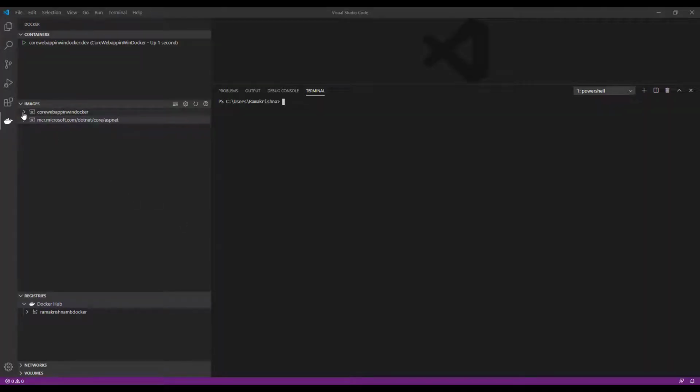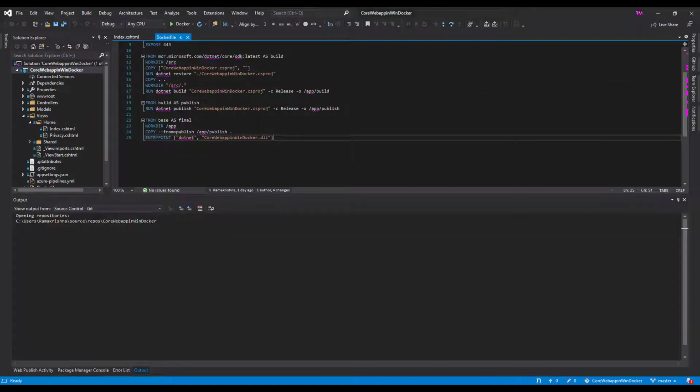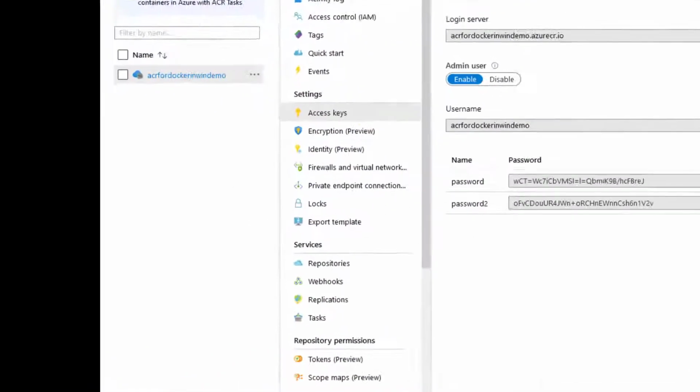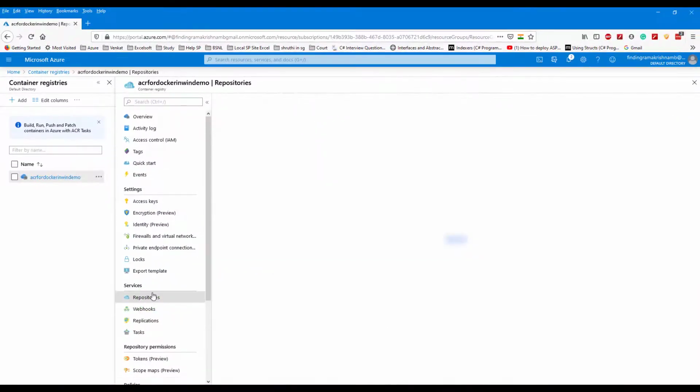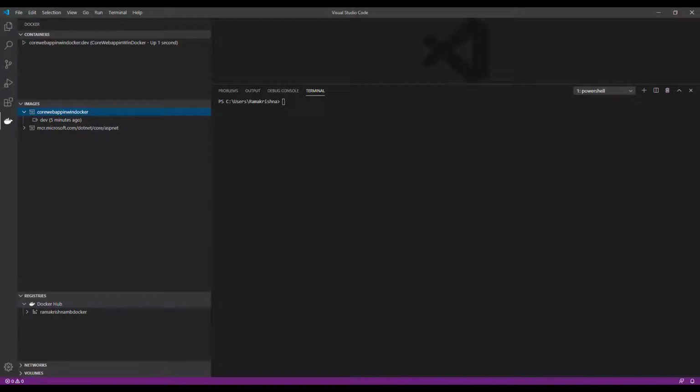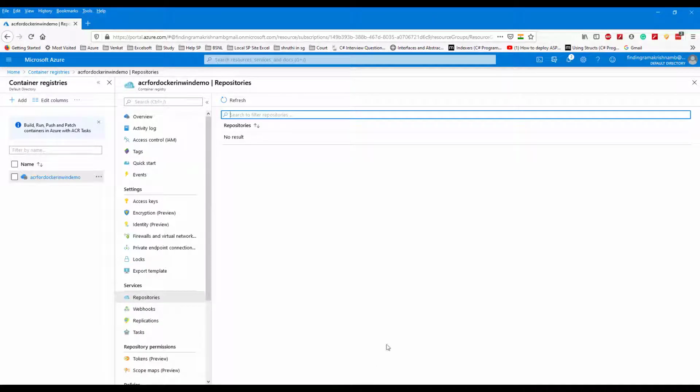If you see in the Docker extension we have in our Visual Studio Code, we have a Docker image in our local system that is built by this Dockerfile from our project we previously used for our video. What we want to do is upload this image to the Docker repositories. Once we upload it in the repositories, it will get listed. So let us see how to do this using command prompt.